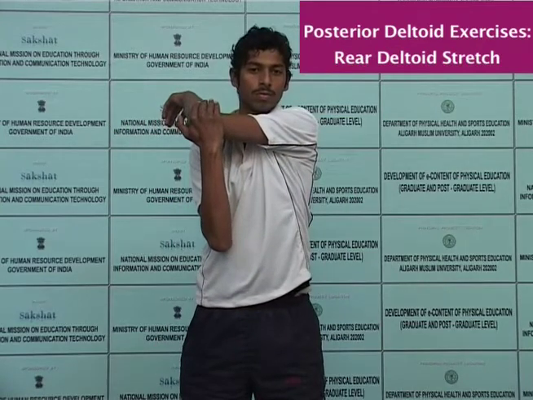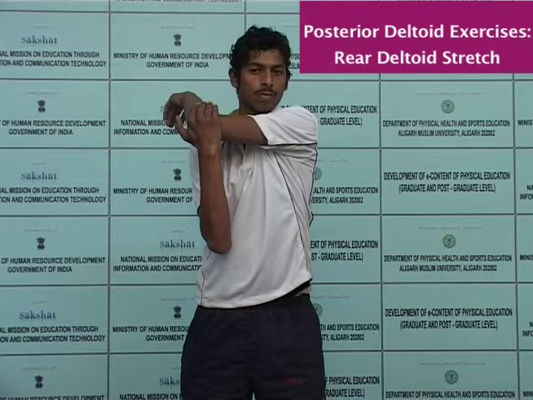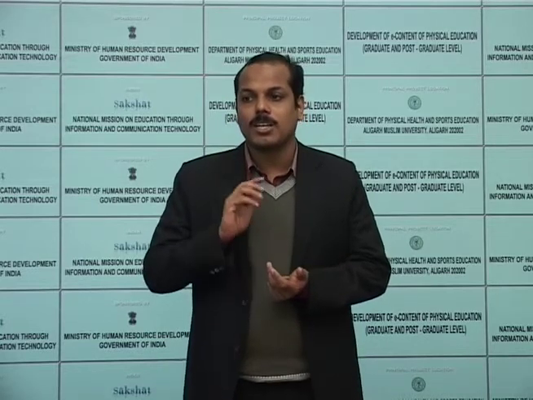If the person is positioning the arm at the lower chest, then it stretches the side deltoid or lateral deltoid only, that we already discussed. In the case of rear deltoid stretch, the muscle which is getting stretched is the posterior deltoid muscle. But along with the posterior deltoid muscle, the infraspinatus, teres minor, middle and lower trapezius and rhomboids are also getting stretched. We were discussing the different stretching techniques of the posterior deltoid.